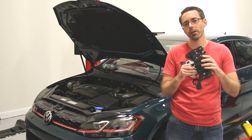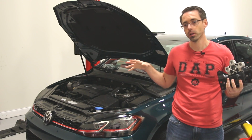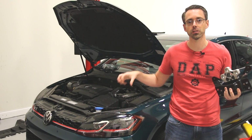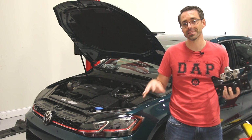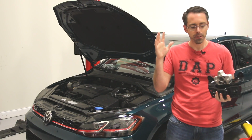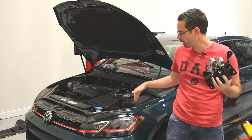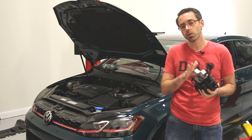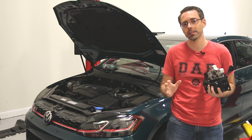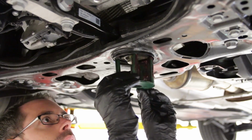These mounts, while they will cause some vibration inside the vehicle, because obviously once you plant the engine harder to all the body of the vehicle itself, you will get a little more vibration. From my experience, the driver's side, which is the transmission mount, and the passenger side, which is the engine mount, don't cause as much vibration as what you might expect to get from the pendulum mount, which is the rear one, which we're going to be doing the Dogbone Insert for as well in a separate